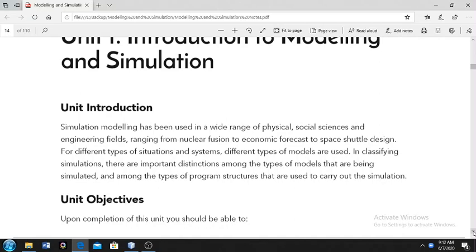Unit introduction. Simulation modeling has been used in a wide range of physical, social sciences, and engineering fields, ranging from nuclear fusion to economic forecast to space shuttle design. For different types of situation and system, different types of model are used. In classifying simulation, there are important distinctions among the types of model that are being simulated and among the types of program structures that are used to carry out the